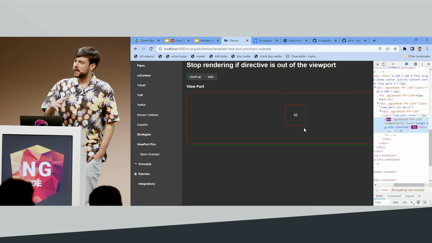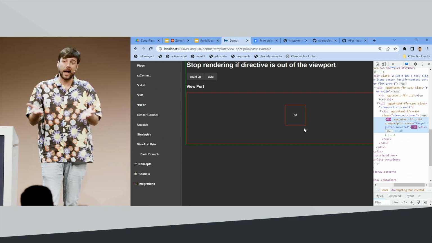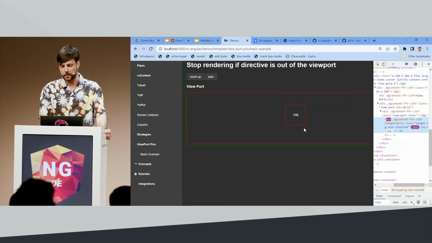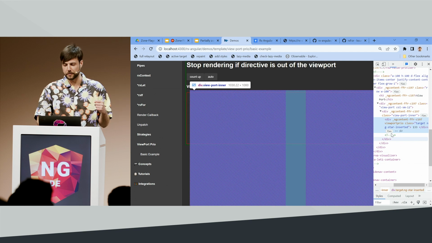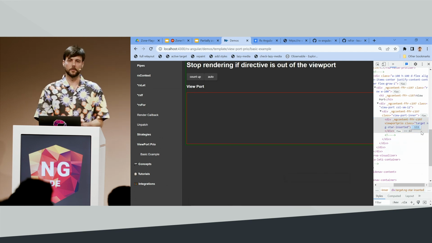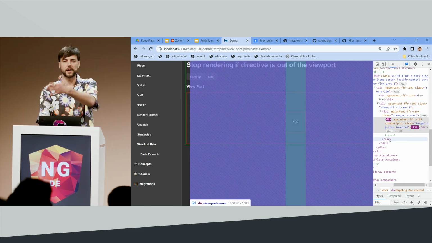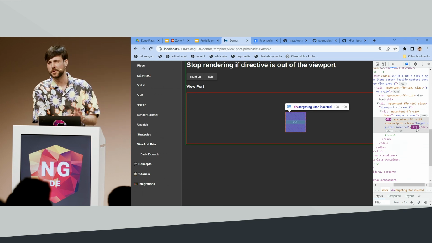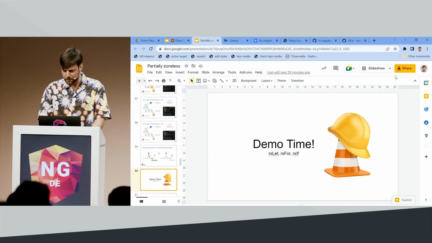So what if you have templates, components that are not visible on the screen? Would you want to update them? I guess no, because the user will not have any benefit. So what we did here is we implemented basically a way to change the change detection strategy and mechanism. And if I move out a div from the viewport, you see that there is no update present at the moment. Nothing happens. And if I move that stuff in again, we see the changes are now executed again. So I can definitely only update stuff that is at the moment visible to the user, and this again brings a brutal performance boost. I have 1 minute left, so